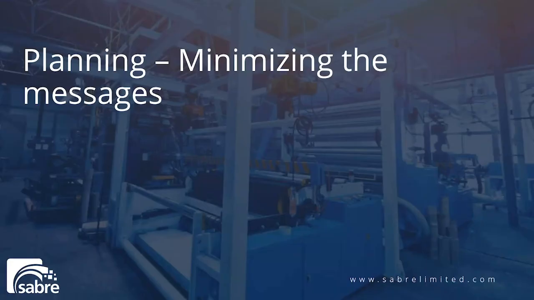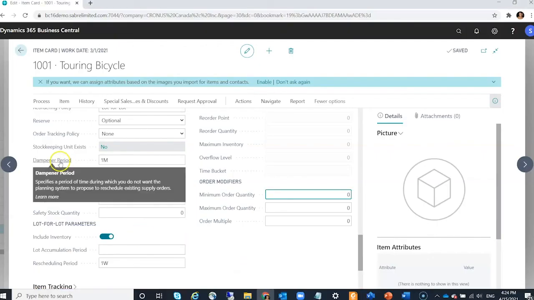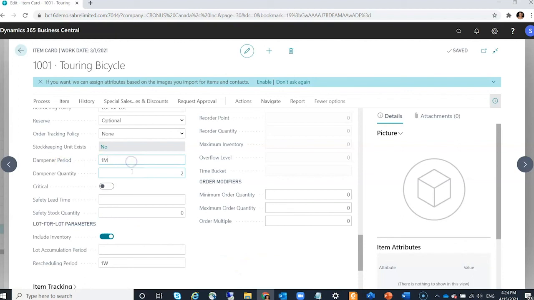As I already mentioned, there are certain fields on the Planning Fast tab that will help to minimize messages. So if you're finding you're getting lots of lines that are just for small changes or telling you to cancel orders instead of create new ones, or you're getting a lot of different lines for demand, there are a few fields that are really helpful for minimizing that. Some of those key fields we already talked about, our dampener period and dampener quantity. Another one, if we're using lot for lot, is your lot